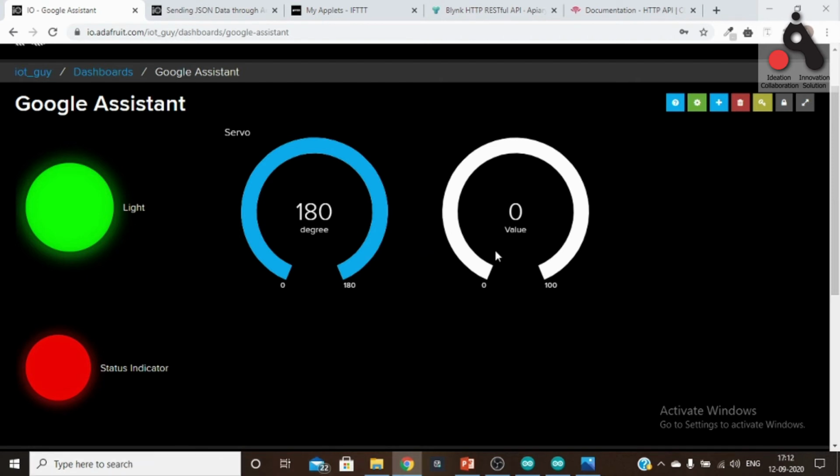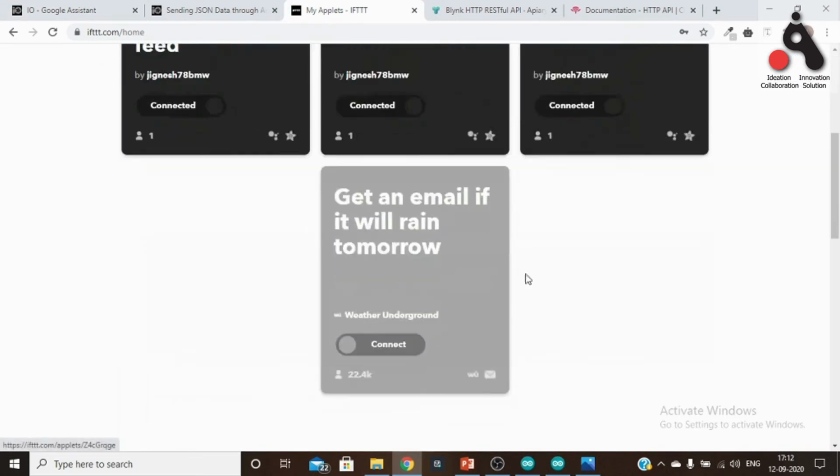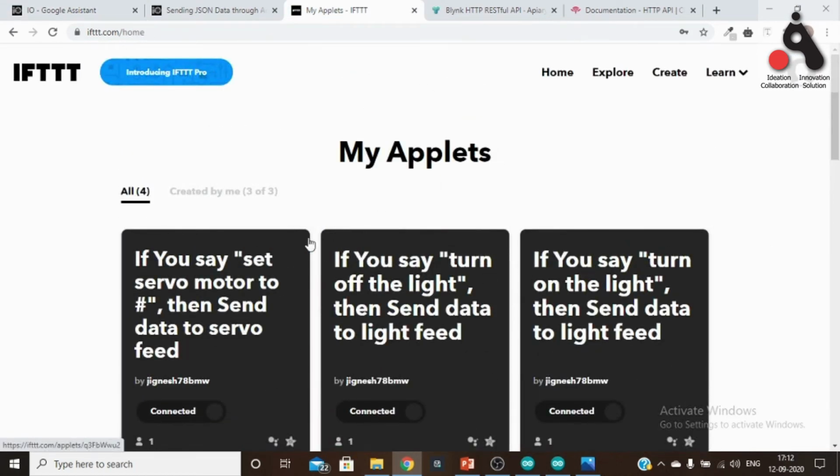Now what we need to do is set up IFTTT. This is the second step, and after that we are going to complete this tutorial. Right now I have already three applets, and currently IFTTT provides only 3 applets for a free account.